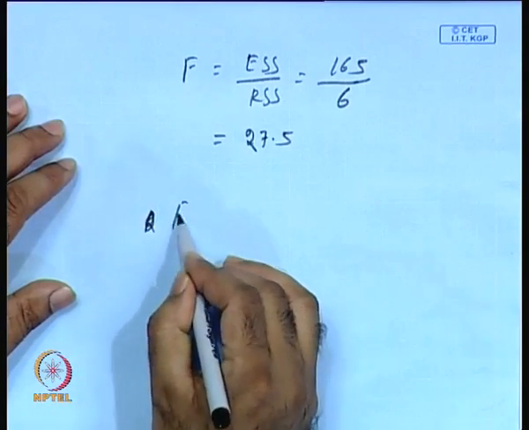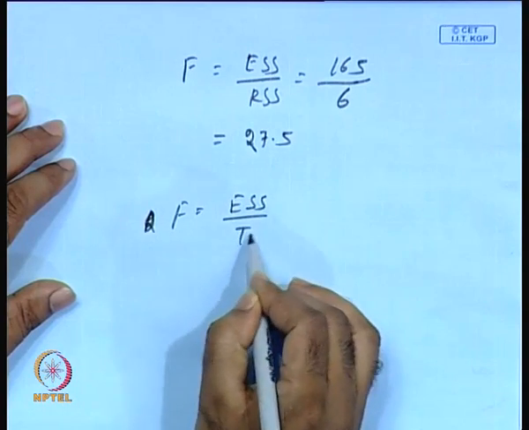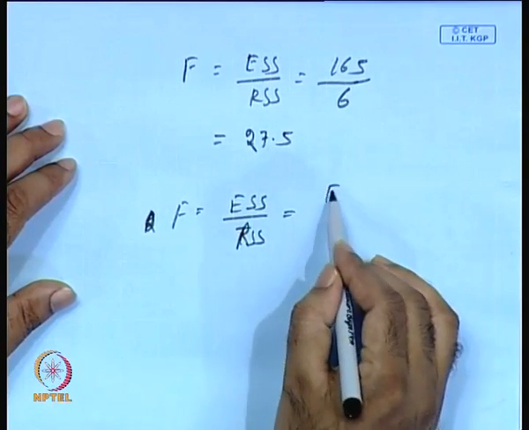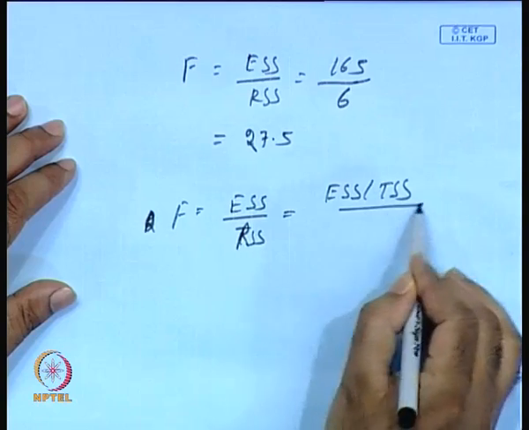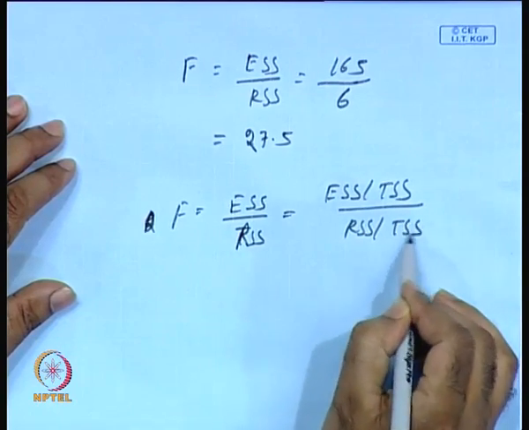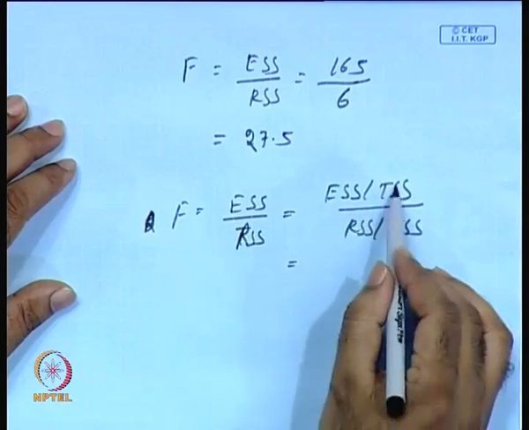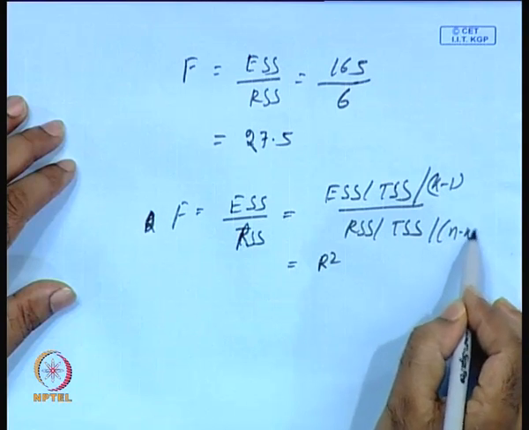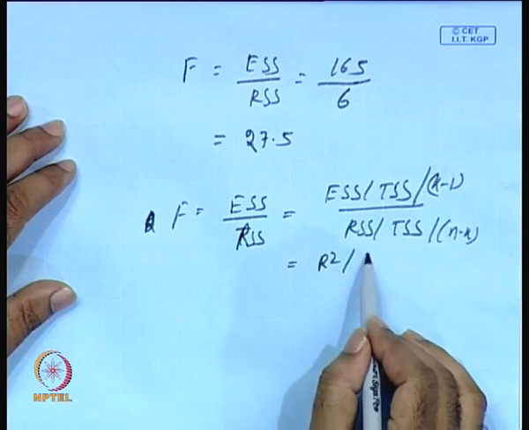If you are getting a high R square, then obviously the F statistic will be very high, because F is derived from the R square only. You see here, R square is nothing but... since F is equal to ESS by TSS, you just divide TSS on both sides. That means ESS by TSS divided by RSS by TSS. So it will be R square followed by k minus 1, and this is followed by n minus k. So this means R square by k minus 1